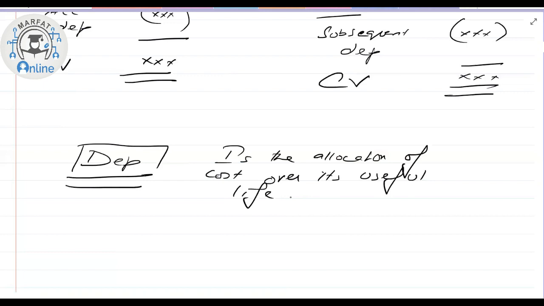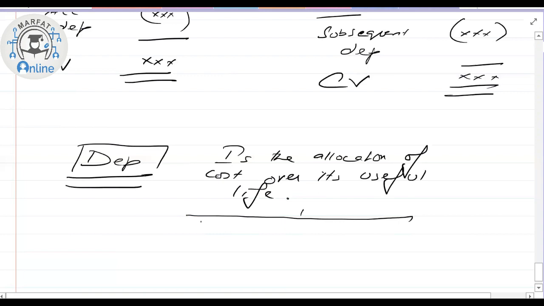So that means if we record the asset at the same amount over 5 years, then it will overstate the asset value every year, and it will breach the prudence concept, which says asset should not be overstated. So what we're going to do is spread this cost over its useful life because we are taking benefit for 5 years. So the cost should be spread over the 5 years as well. So depreciation is the allocation of cost over its useful life,